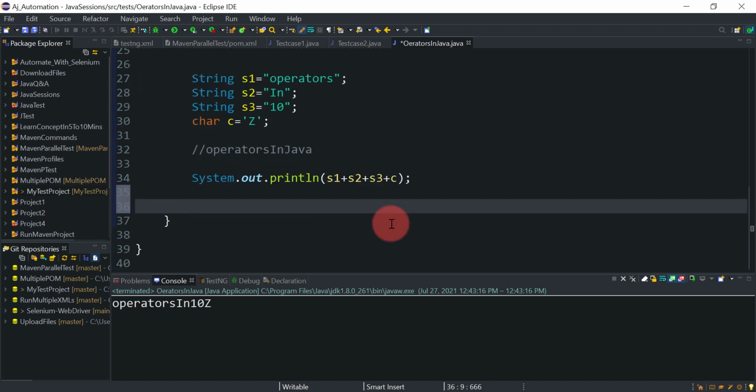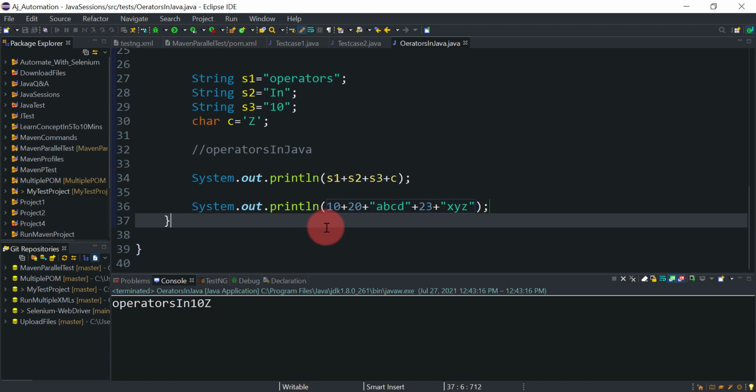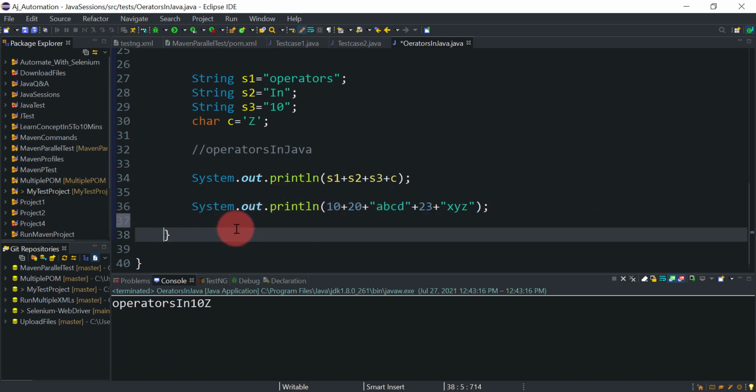So let me show you a few more examples on this. I'm going to perform, let's say, 10 plus 20 plus this string abcd plus 23 plus another string xyz. Can you guess what will be the result here? In Java, when there are multiple operators in the expression, the expression will be solved from left to right.